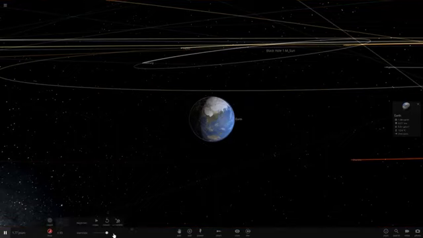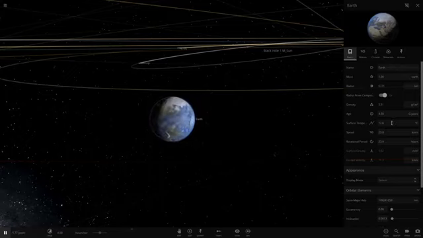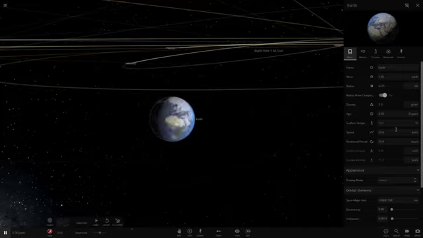So let's speed this up. And if we look at the temperature here, it's going to start decreasing. So 12.1. We're traveling a few hours here. If we speed this up, 11,